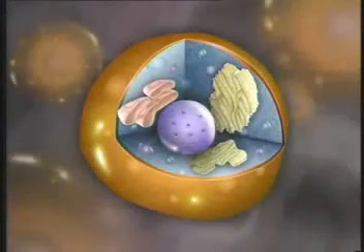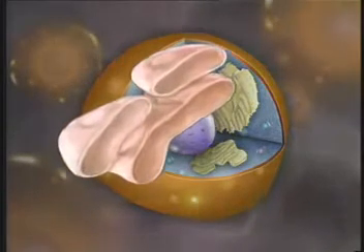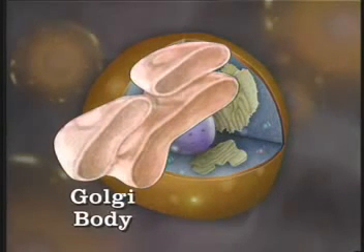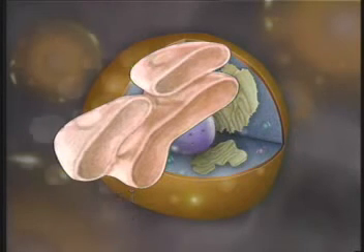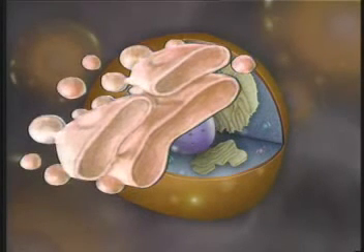Another kind of organelle, the Golgi bodies, are the cell's packaging centers. Here, proteins are mixed with other chemicals and enclosed in bubble-like containers that then break away and move to the cell membrane where their contents are released from the